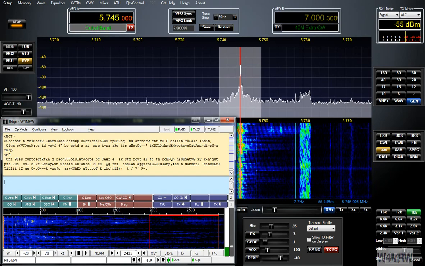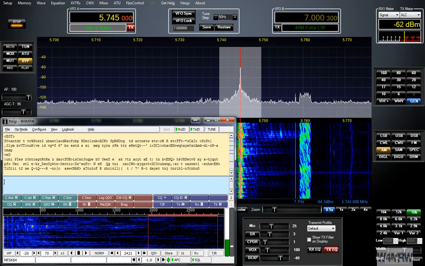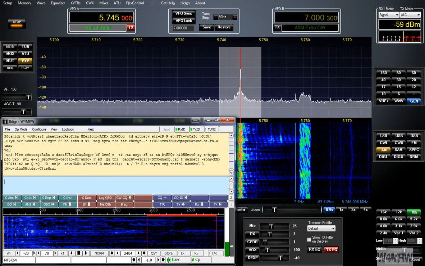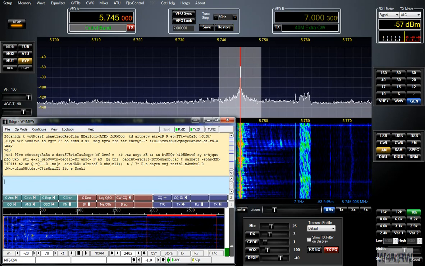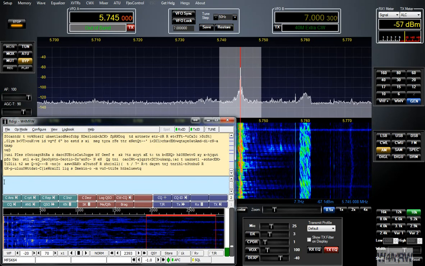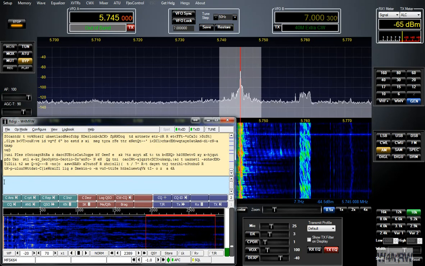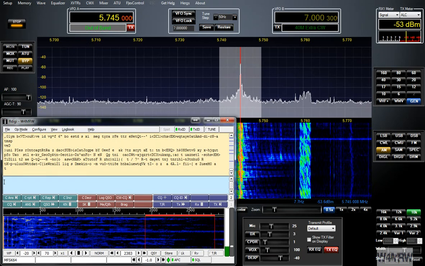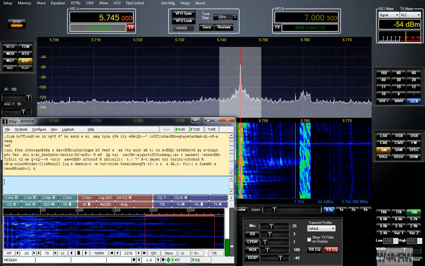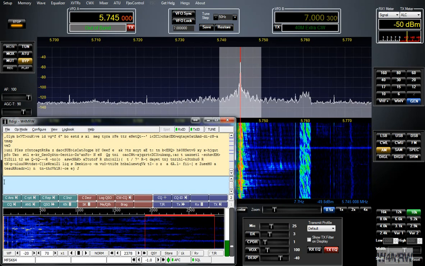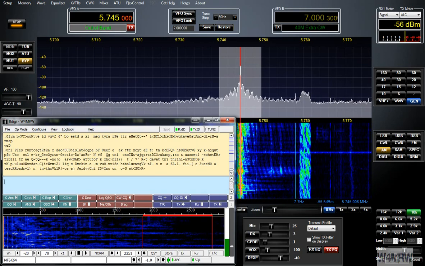The VOA Radiogram email address is radiogram@voanews.com. That's radiogram@voanews.com. The website is voaradiogram.net. There you can find the VOA Radiogram schedule and information about digital text modes. URL again is